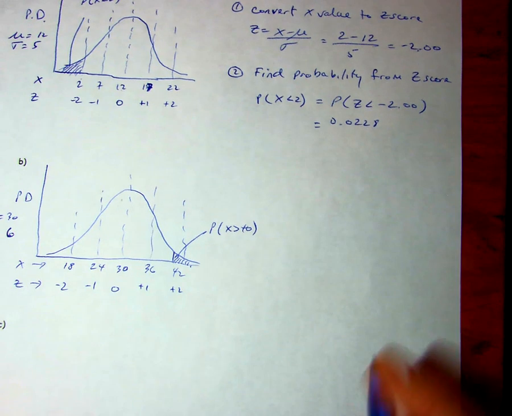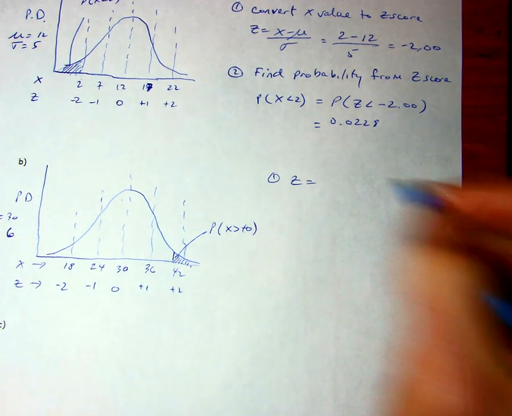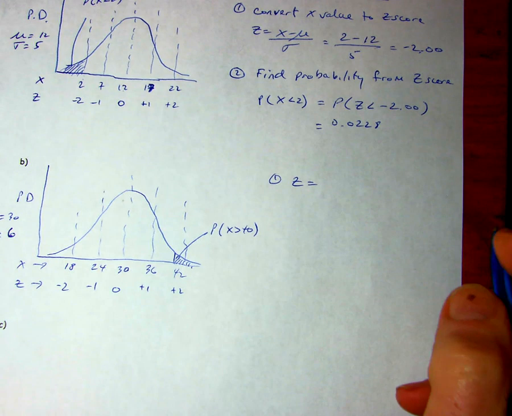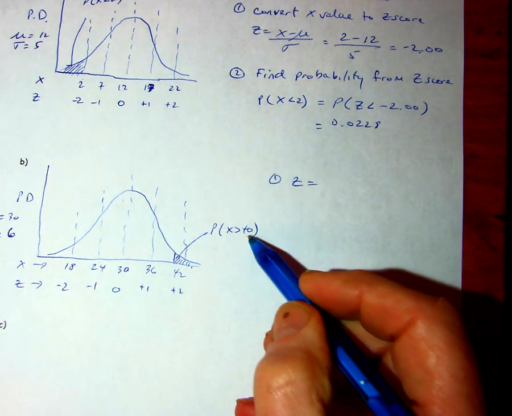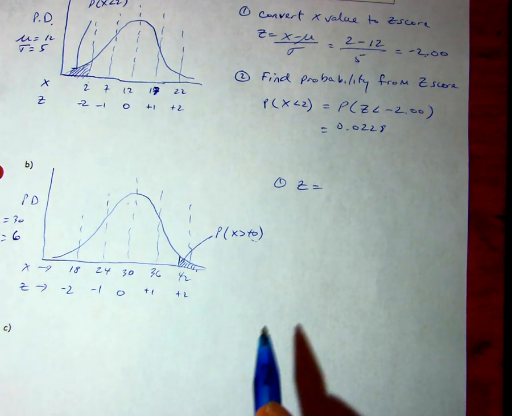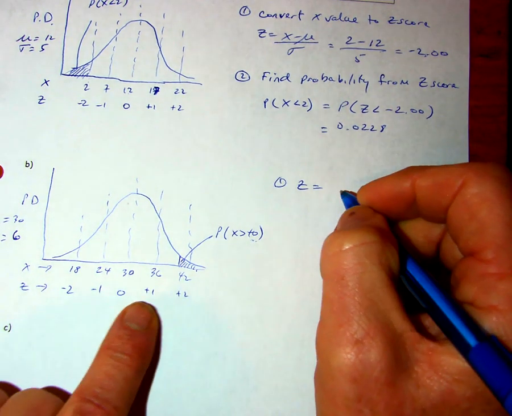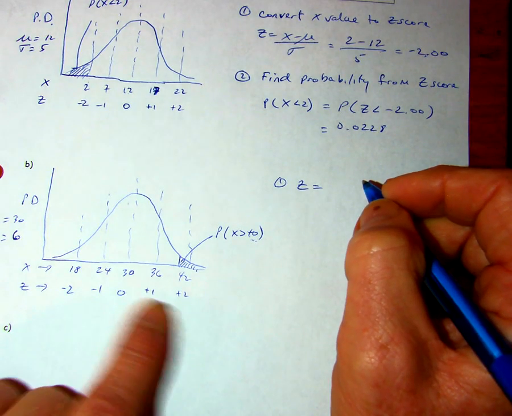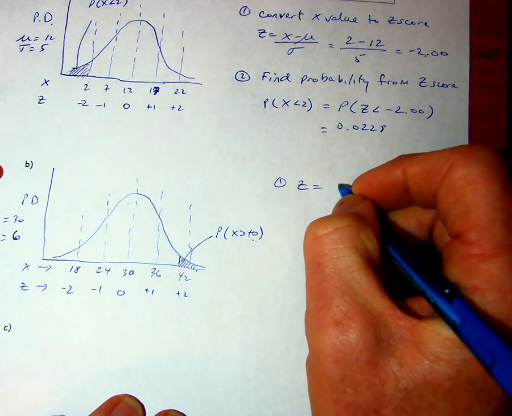All right. So step 1, same thing as before. Z-score equals what? The key number is 40, and we want to find the probability. The equivalent z-score of 40 is going to lie somewhere between 1 and 2. Right? It's going to be like 1.7 or something like that. Let's just see what it is. It's going to be 40